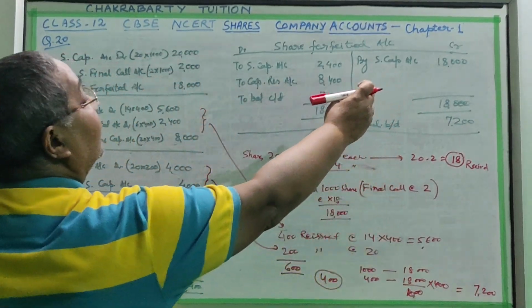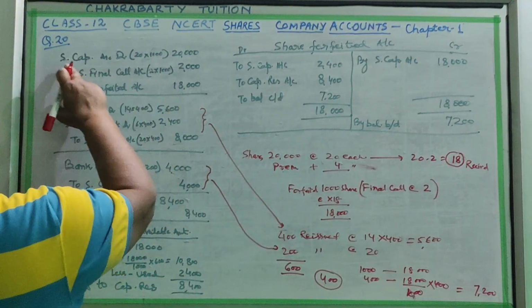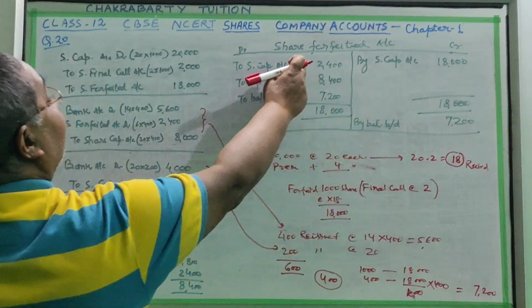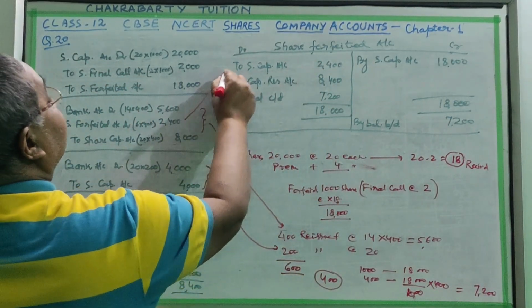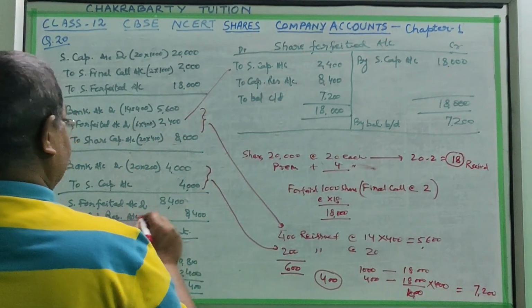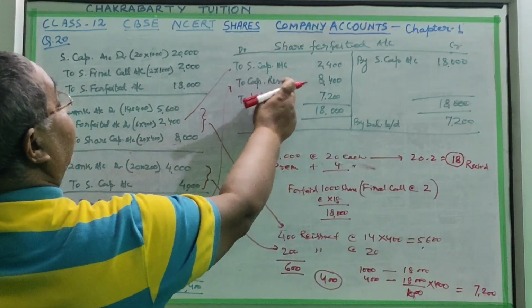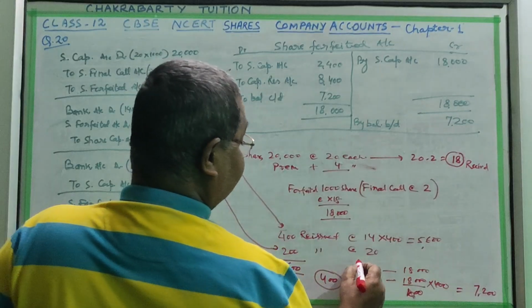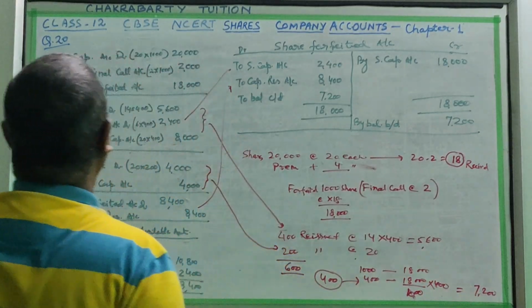So share forfeit account, from where will it get the money? Share forfeit account 18,000 by share capital account. By share capital it is credited. Then from share forfeit we have used 2,400, so this is a 2,400 entry to share capital. Then to the capital reserve we have transferred 8,400. So this is share forfeit debit to capital reserve account. The rest is your balance. This is available for the remaining 400 shares. This will remain in share forfeit account. So in this way,